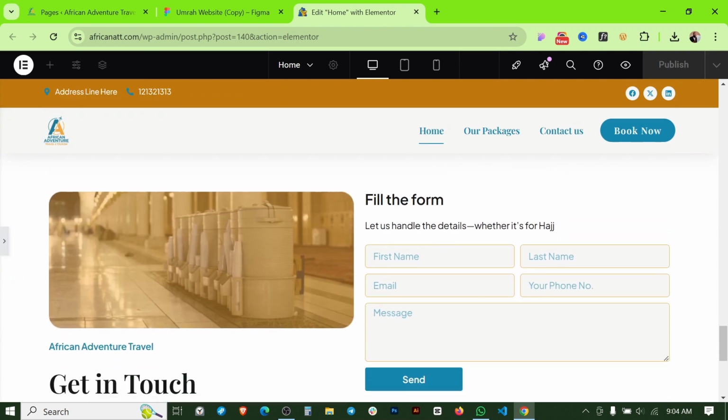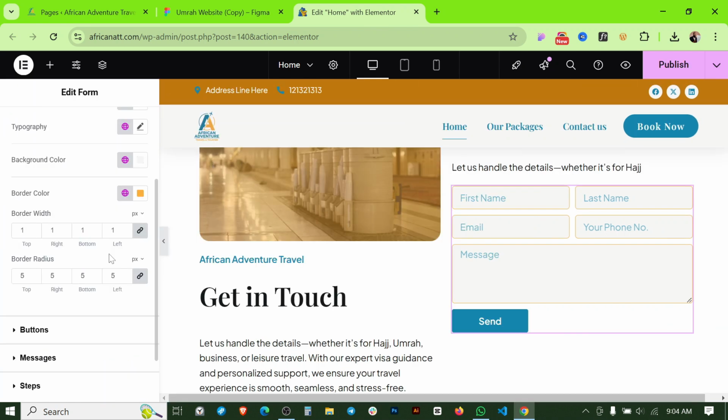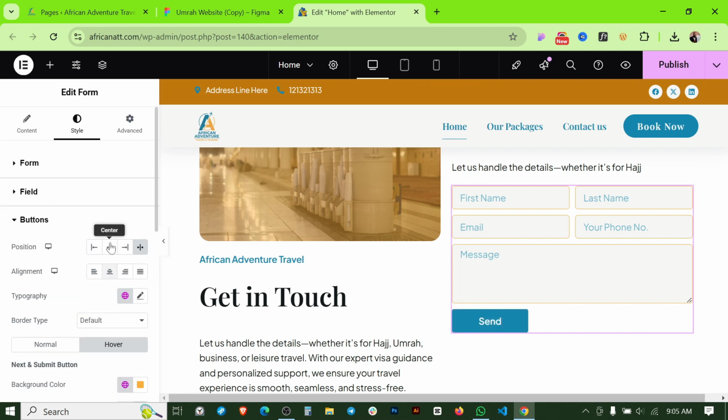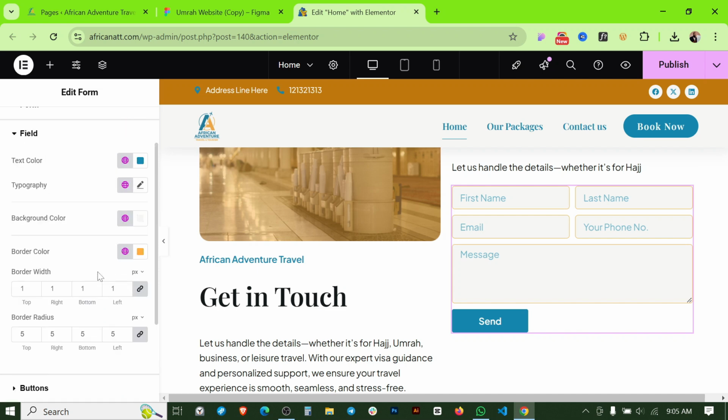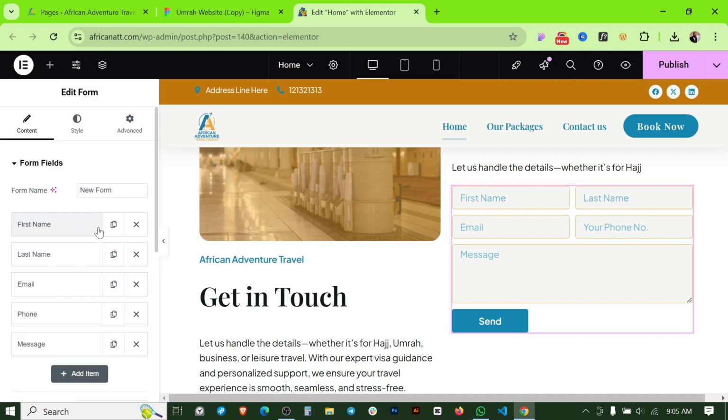Okay, this is good. And what we can do, the button, we're going to make some hover color, this primary one, and this is enough. I don't need anything else here. Okay, so our form is done basically. Now we have to set it up. We can name the form our home page form,